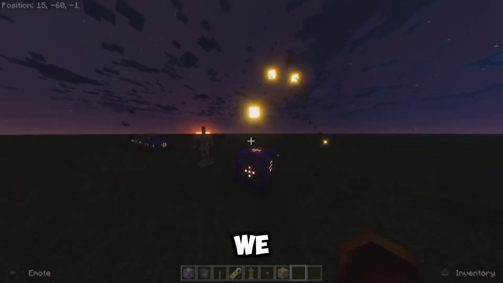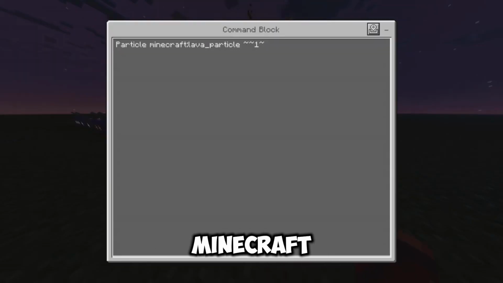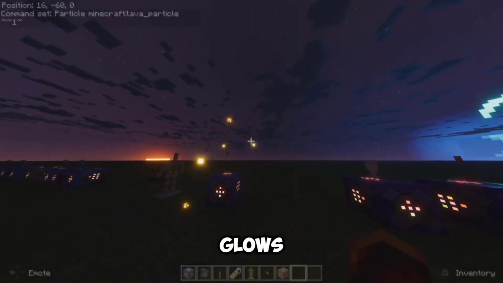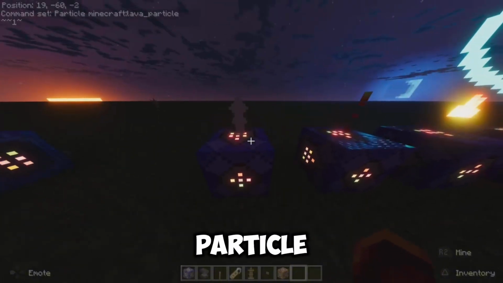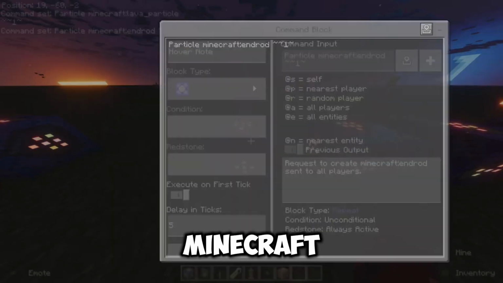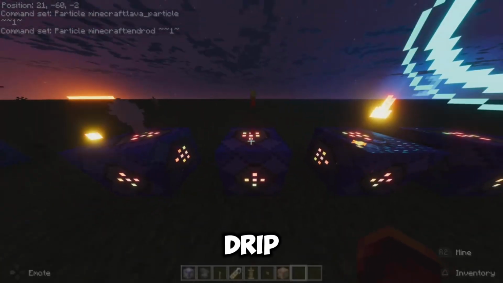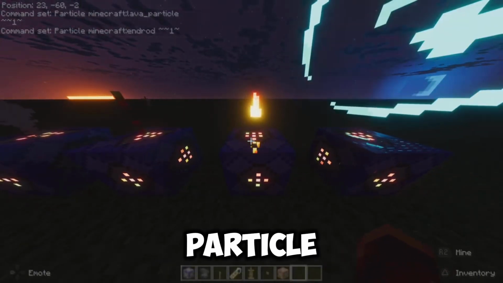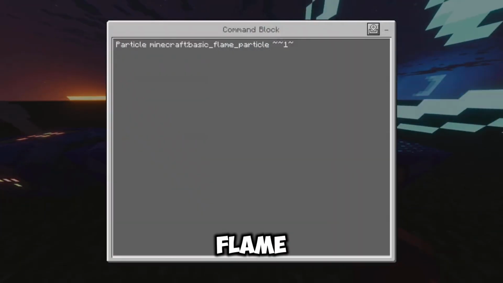So here's a particle we're using, the Minecraft lava particle. Great particle, looks nice, it glows. Over here's another particle, but I probably won't be using any of the ones that aren't glowing. But here's an Enderrod particle, Minecraft End Rod. Here's a lava drip particle. Here's a flame particle, basic flame particle,